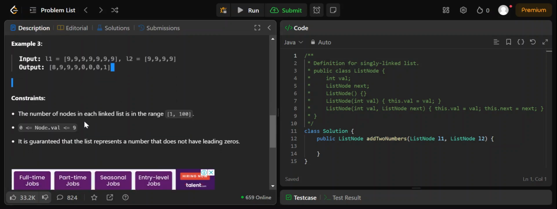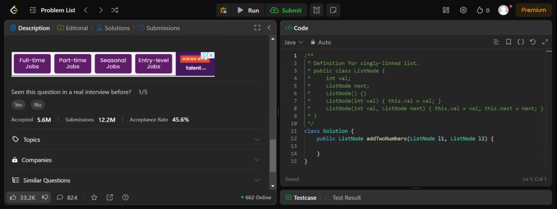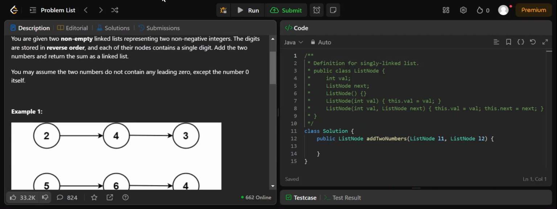The number of nodes in each linked list is in the range of 1 to 100 and node value is 0 to 9. Yes, it is said before only because it is a positive integer and a single digit number. It is guaranteed that the list represents a number that does not have leading zeros. Okay. So for starting this, we are coding in Java. So first we will create a dummy list. So how to create a dummy list? For that we have to write